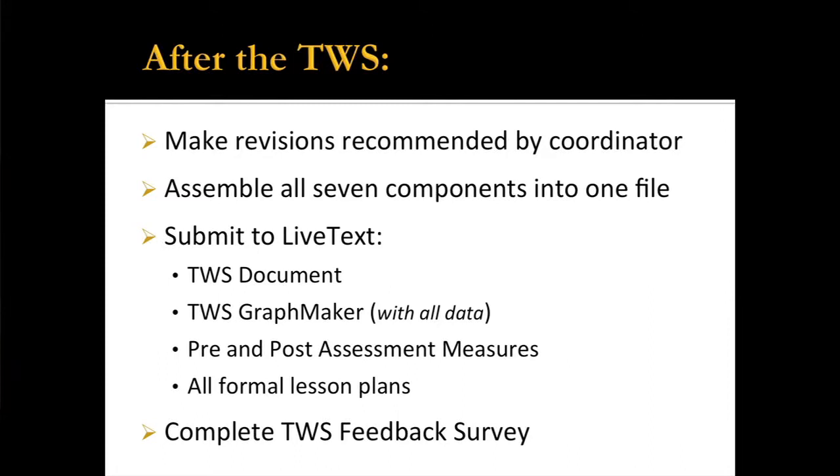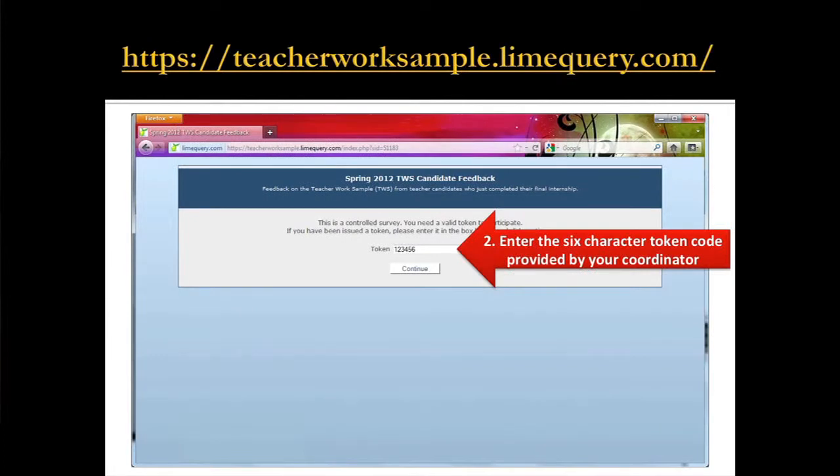Now the way that works is there's a website. You'll get the address. There's more about this in the slideshow online. You'll be given a six-character code that you will enter there as your personal token to get in to take the survey. It's completely anonymous. The codes or the tokens are kept in one database and the responses in another. And there is absolutely no way to connect the two unless you say, this is such and such a person, and I think blah, blah, blah. So don't do that, and it's still anonymous. You'll get that information from your coordinator when you're all done.